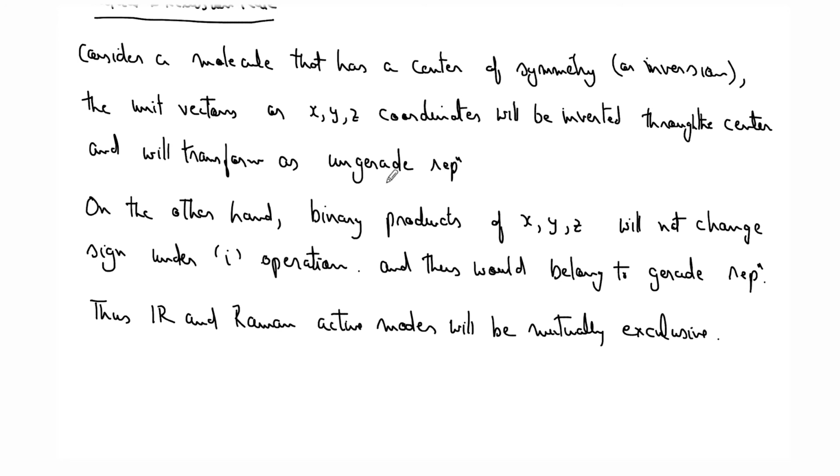So that means, let's say you are doing some synthesis and you want to know whether your synthesized molecule has a center of symmetry or not. Let's say you want to synthesize a trans compound and you ended up with a cis compound or a mixture. So it is not a pure trans compound. Let's say only the pure trans compound had the center of symmetry. So now that can be easily tested by recording a simple IR and Raman spectrum of the same compound. If you find some lines which are common to both spectra, that means the molecule does not have i, or it has a contamination from a non-i compound, right? So that explains the mutual exclusion rule.